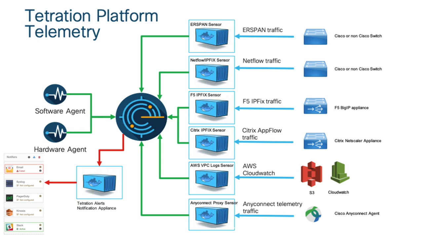All the other traffic, such as our Cisco switches, our F5s, our cloud and AnyConnect, all those are then led to our Docker sensors. And then from the Docker sensor, that is forwarded to our actual analysis engine. Our analysis engine also communicates to our alert notification appliance, which is used for external integrations. And not shown here,